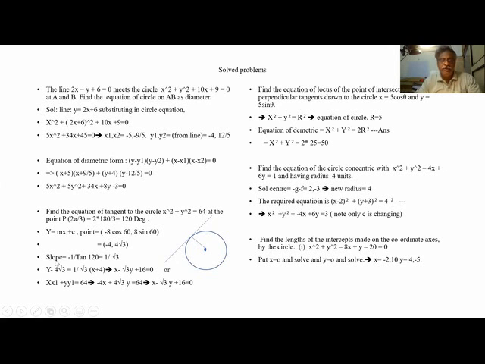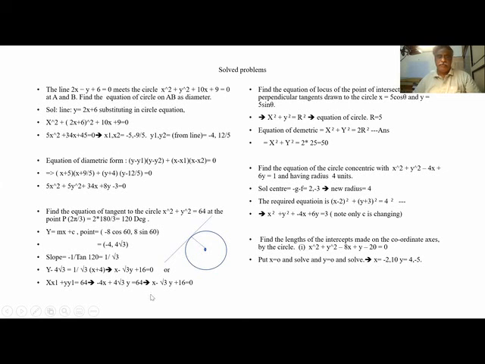Or you can find out the slope also. Slope is minus 1 by tan 120. Point 2 pi by 3, radius is tan 120, because this is 2 pi by 3. So what is the slope of the line? Minus 1 by tan 120 is 1 by root 3. So we have a slope here and we have a point here. So y minus y1 is equal to m into x minus x1. So this also will give the same. Why am I substituting xx1 yy1? Because the center is 0,0.